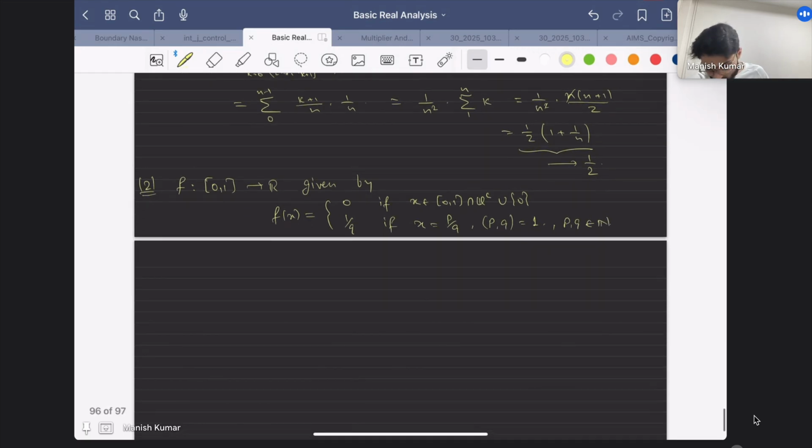Now the question is that again you have to check the integrability